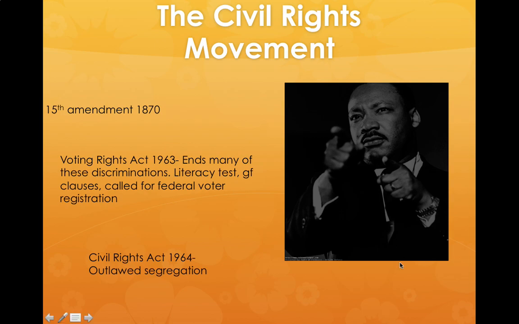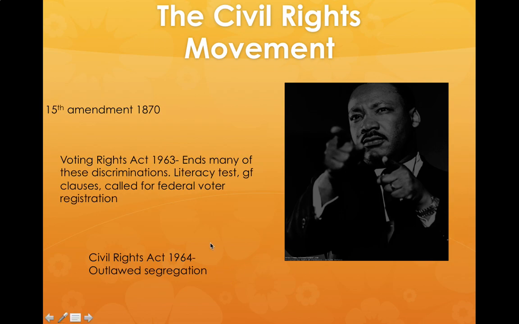If you listen to Martin Luther King Jr.'s I Have a Dream speech, he's talking about equality and the end of segregation, and there are many social things going on at that time. The end of segregation is something that he's fighting for, but another essential thing is the idea that voting should be equal. And the Constitution said that for a long time, since 1870, but the reality was African Americans weren't being able to vote. So one of the major accomplishments of the Civil Rights Movement and of Dr. King in general was the passing of the Voting Rights Act of 1963.